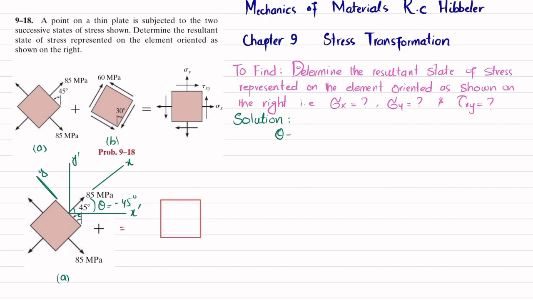So theta is equal to minus 45 degrees. You can see that sigma x, which is in this direction, is 85 megapascal, and sigma y in this direction is also 85 megapascal, and there is no shear stress, so tau of xy is equal to 0. So by using the stress transformation equation,